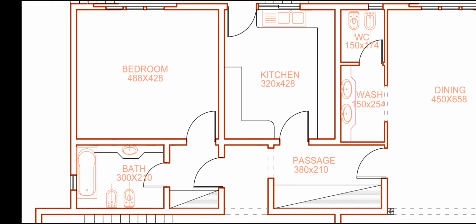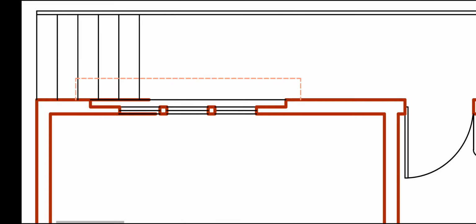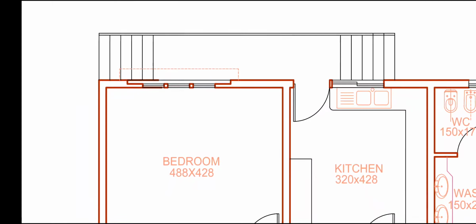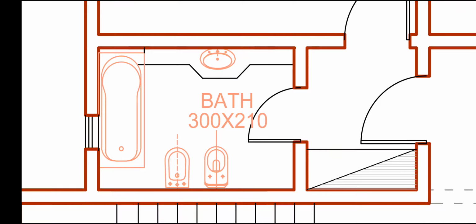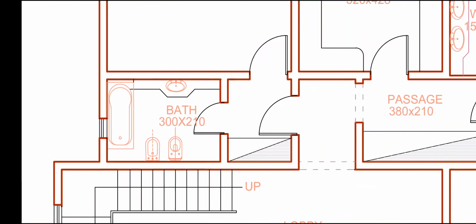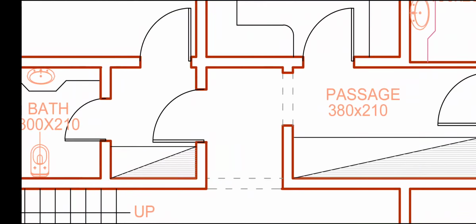This our bedroom 488 by 428. This window design, frame design, bathroom with ventilation 300 by 210 centimeter. This dress area and this passage,